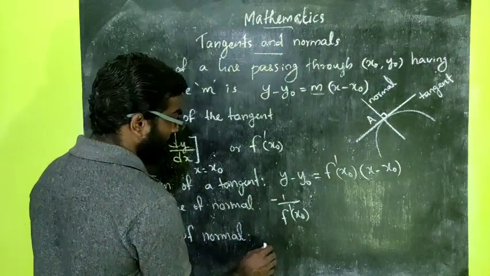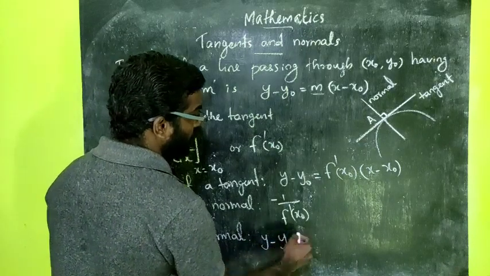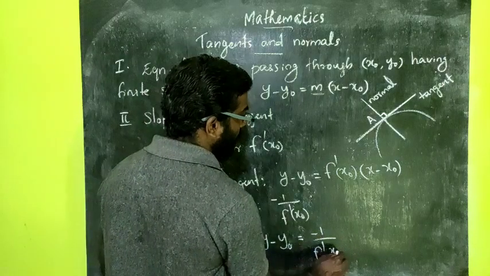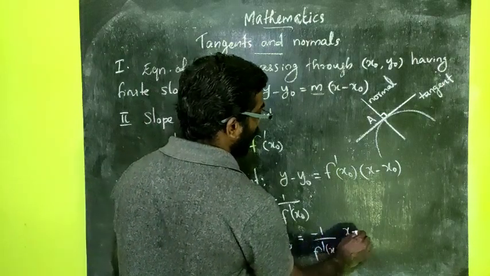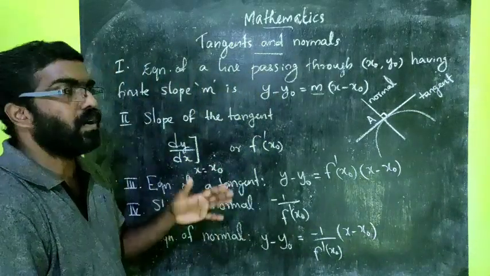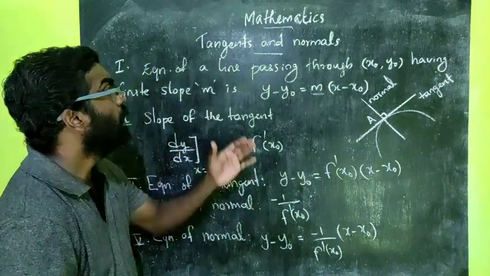So the equation of normal is y minus y0 is equal to minus 1 by f dash of x0 into x minus x0. These are the 5 important points you have to remember in this topic, tangents